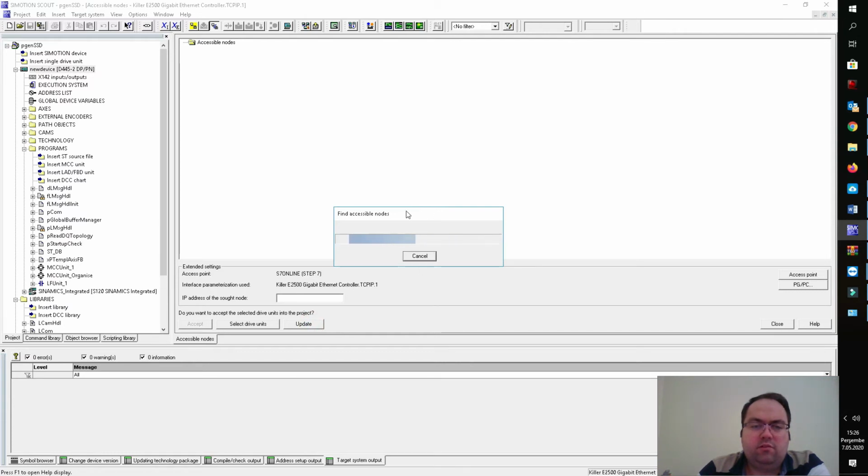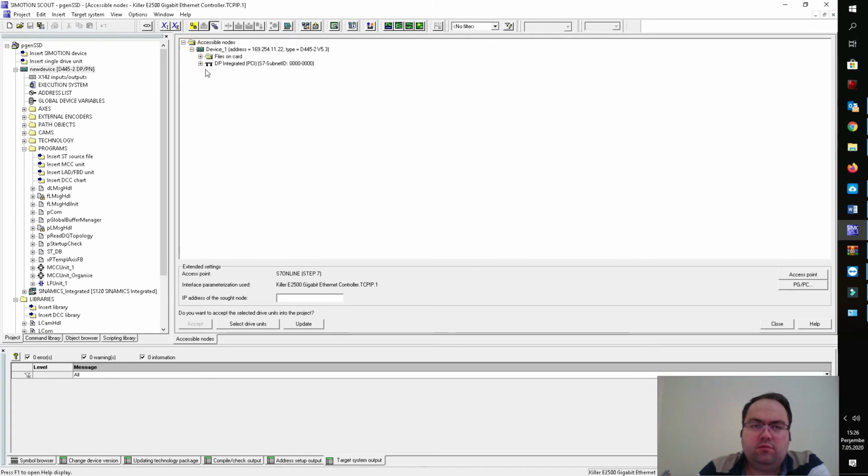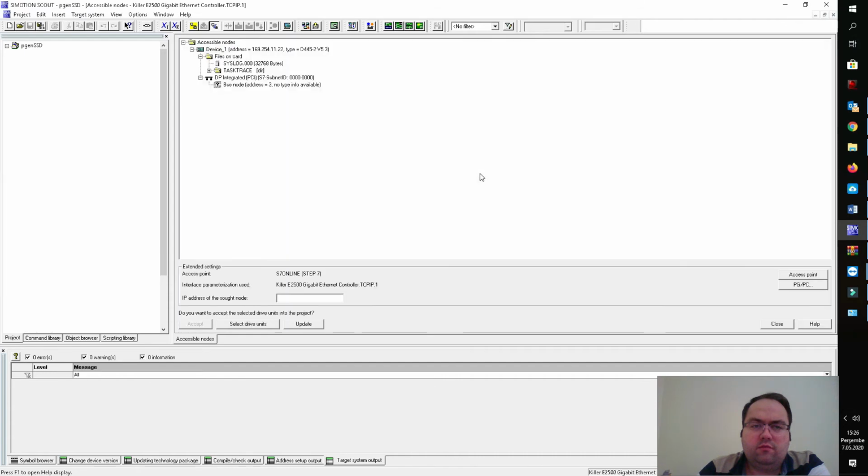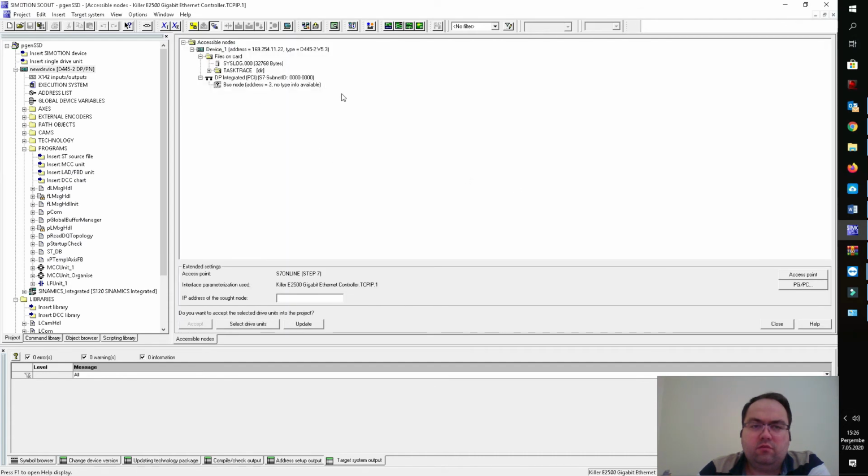And it's searching again. All of the other components in your network, like other CPUs, HMIs and modules, you're going to list here.